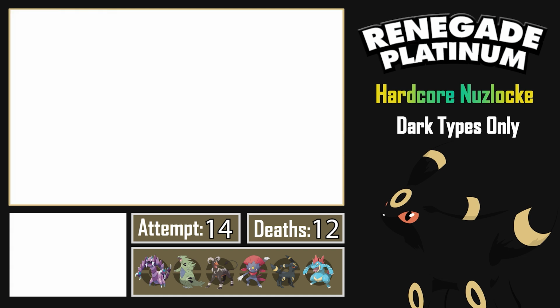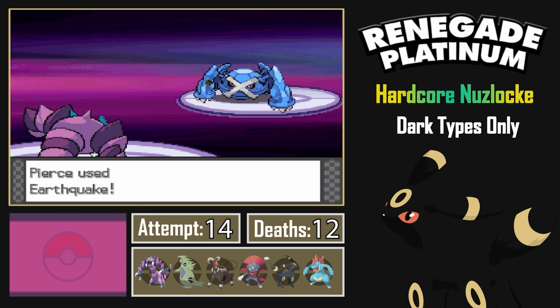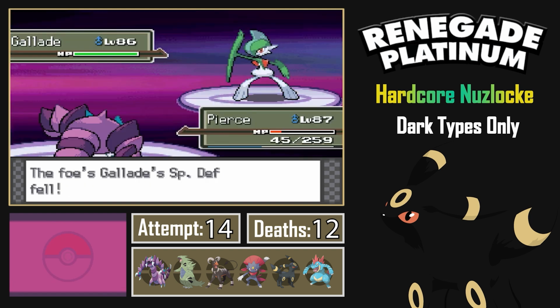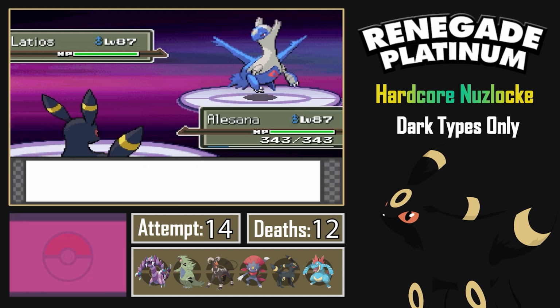Drapion leads against Lucian and takes out the Mr. Mime after getting a +4 attack, and then we exchange a few Earthquakes with Metagross, taking it out. Then comes in Gallade, who goes down to a Poison Jab after we Substitute, and it drops its defense with Close Combat. Latios comes in and will easily take us out, so I go to Umbreon, who takes its Specs